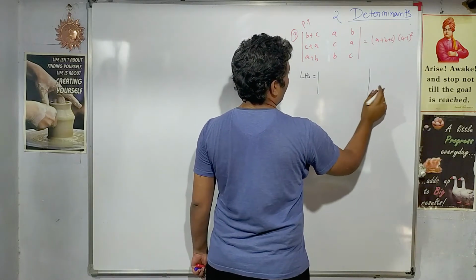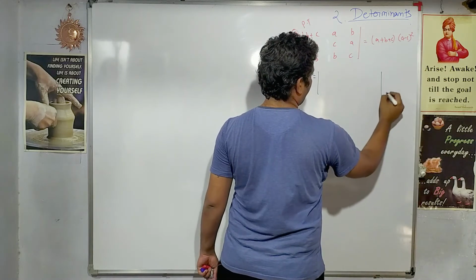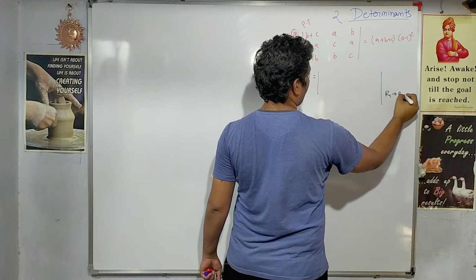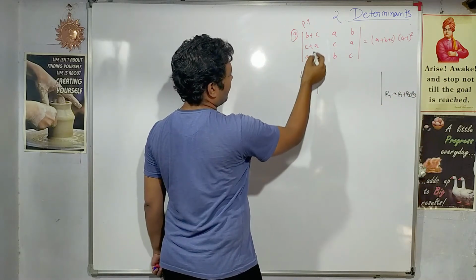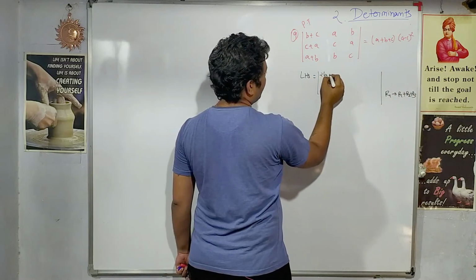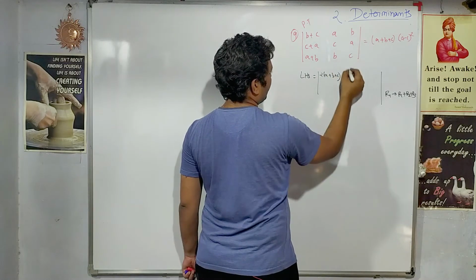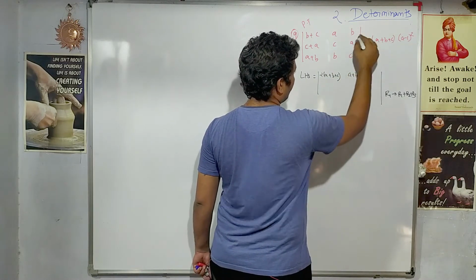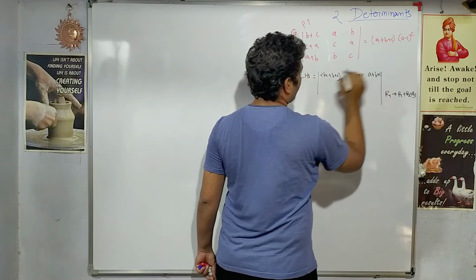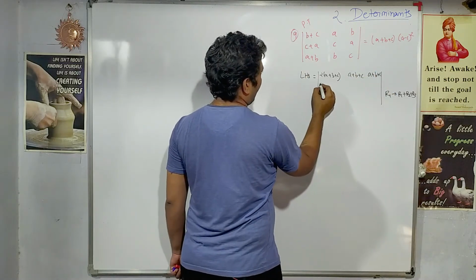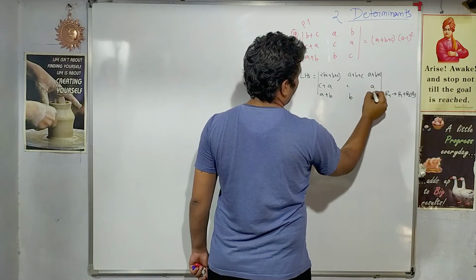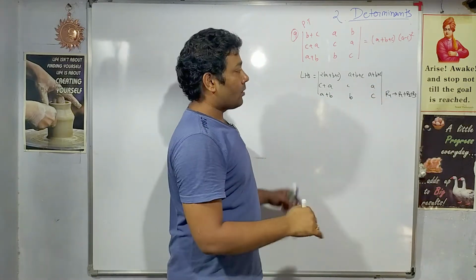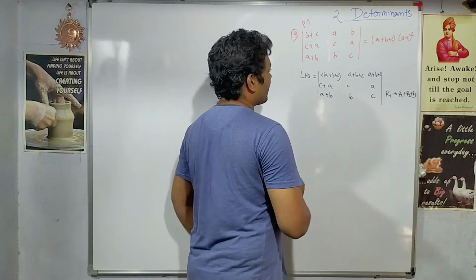So I'll carry out the operation on row 1, adding all the other rows into row 1. If you see here, it will give me 2 plus a plus b plus c. Here it will give me a plus b plus c, and here also a plus b plus c. The second and third rows let them be as they are. Don't be in a hurry to carry out multiple operations. Do it slow and steady.